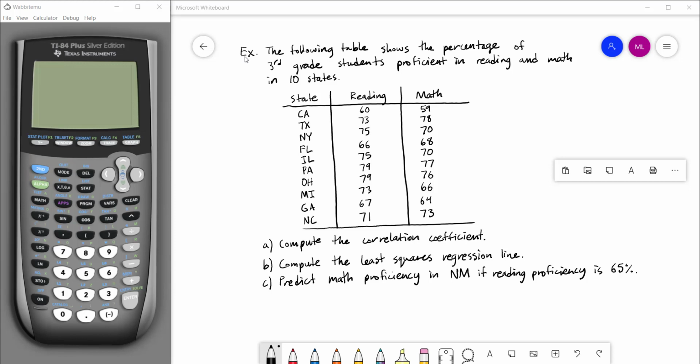The problem states that this table down here shows the percentage of third grade students proficient in reading and math in 10 states. So we have California, Texas, New York, Florida, and so on. And it shows the percentage of students in third grade that are proficient in reading and the corresponding percentage that